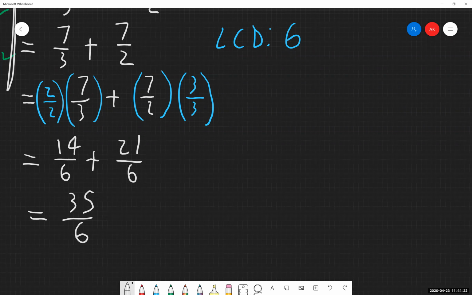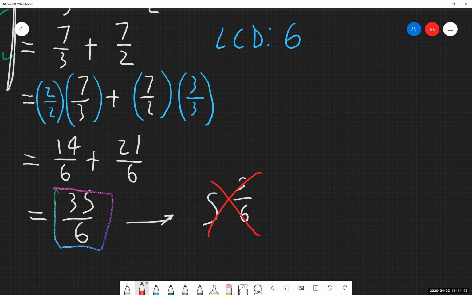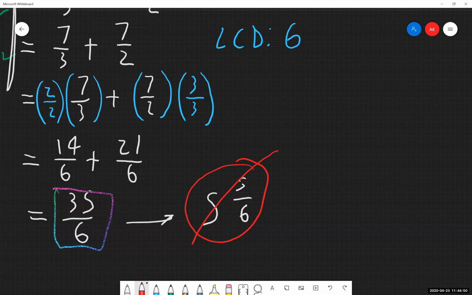And I'll also emphasize this. Leave your answer as an improper fraction. This is a perfectly acceptable answer to write in on a test. A lot of people want to write this thing into a mixed number, which I think is going to be like 5 and 5/6 or something like that. Don't do that. Unless the problem explicitly says write your final answer as a mixed number, I would highly recommend do not do mixed numbers. Improper fractions are perfectly acceptable. We like them a lot. They're really nice to work with compared to mixed numbers, a lot of these operations also.